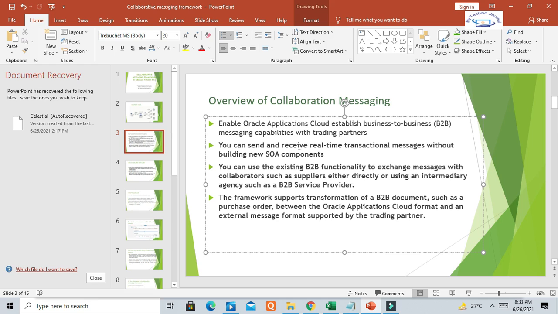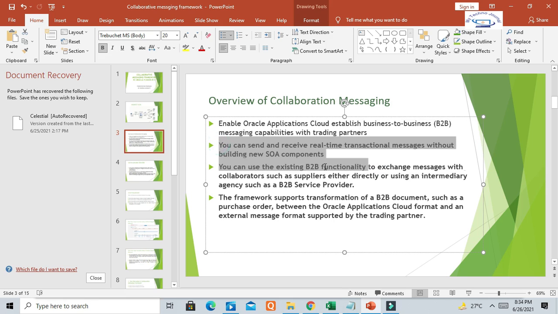Through this collaboration messaging, sending an outbound message to a trading partner is very easy. We don't need to customize anything here. There are standard B2B messaging capabilities available in Oracle Fusion, so you can send and receive real-time transactional messages without building new SOA components.